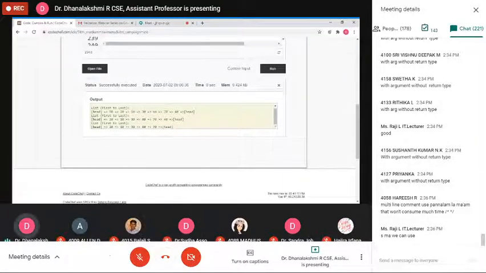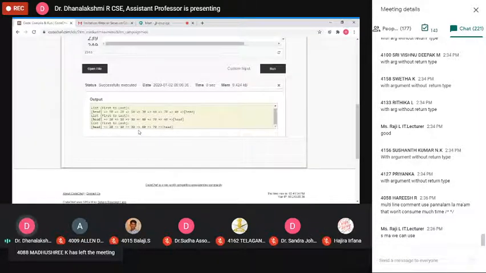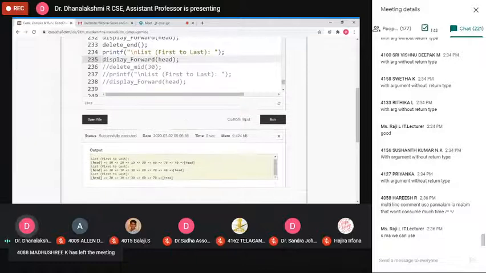The last line is the updated list 20, 10, 30, 60, 70 and 40. Now we are calling the function deletion at the end so that the last element 40 will be deleted. After the deletion of 40, this is the updated list 20, 10, 30, 60 and 70. Okay, deletion at the end.